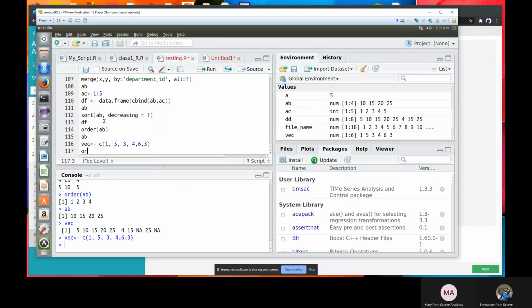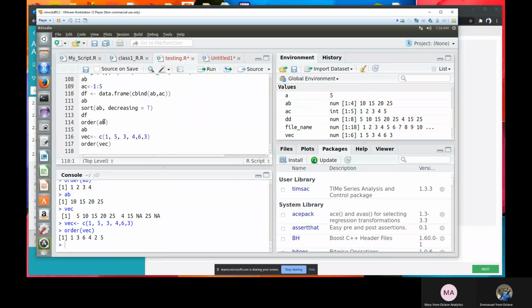So let me run the order command, the order of BEC now. So look at this. It's telling me that this is the order: 1, 2, 3, 3, 4, 5, and 6.